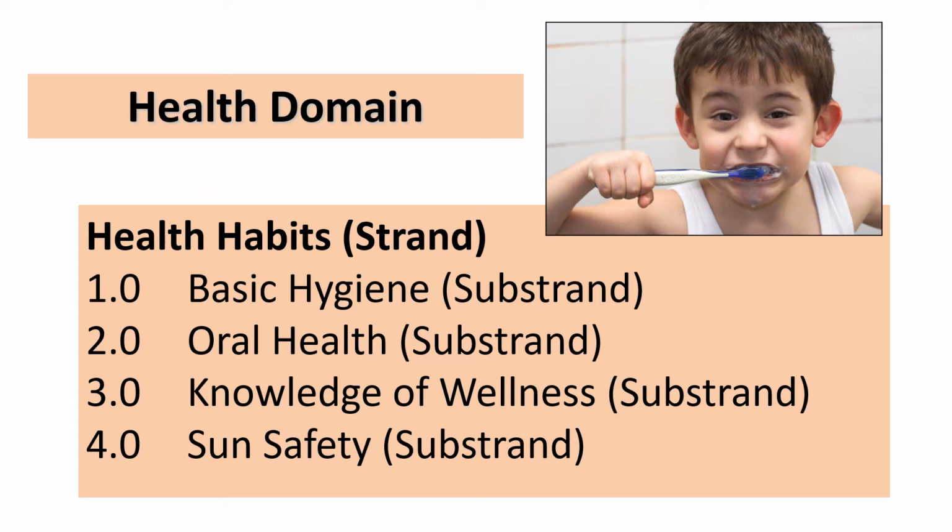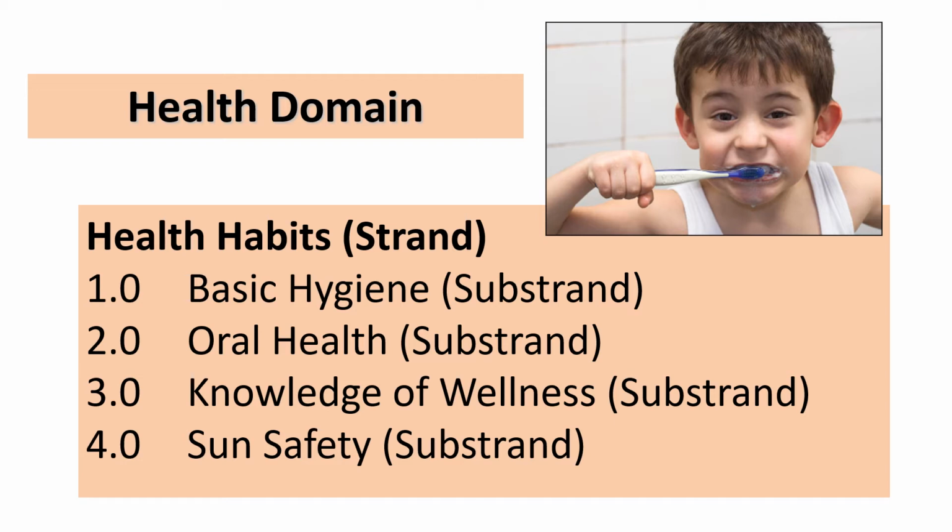And so in the health domain, we have a strand that's called health habits. And that health habits has 4 substrands. So we have the domain, strands, and substrands. Under the health habits strand, we have basic hygiene. That would be washing your hands correctly, for example, would be one of the things it would focus